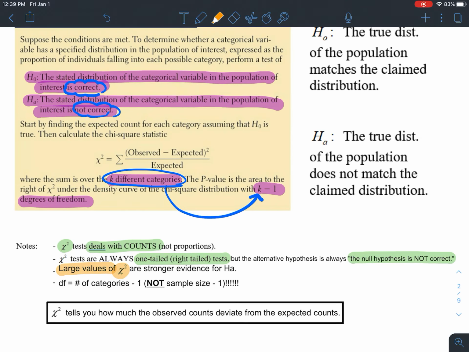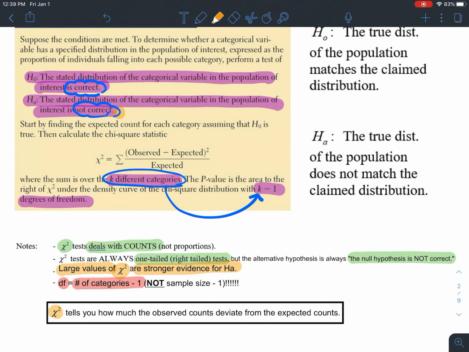Larger values of your chi-squared test statistic are stronger evidence in favor of the alternative hypothesis, which says that the stated distribution is not correct. And as I just mentioned, the degrees of freedom is the number of categories minus 1,